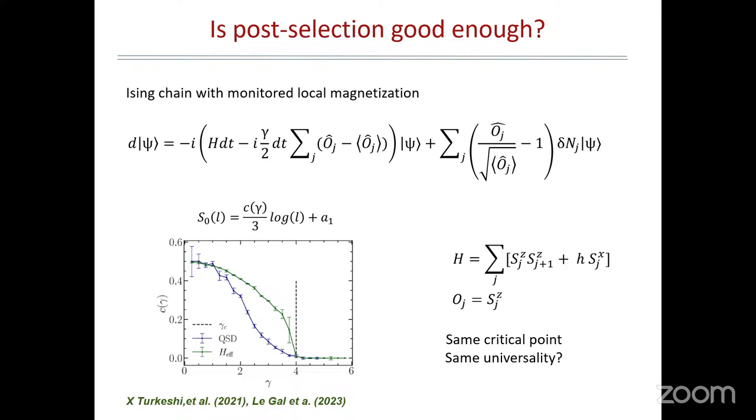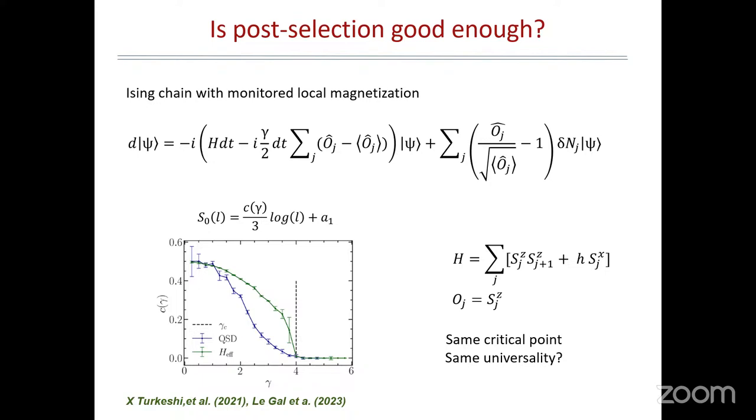So you take a simple system, which is just an easy model in which you measure the local magnetization, and people have compared the results of the full distribution from numerical simulations with the fact that you measure only the non-emission Hamiltonian corresponding to no click, and the results are the ones plotted here. Forget about, I mean, what you measure on the y-axis is just an indicator of the phase transition. When the quantity is 0, it means there's a phase transition. The blue one is for the full trajectories, while the green one is for the non-emission Hamiltonian.